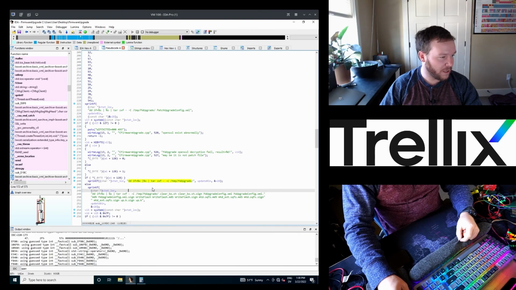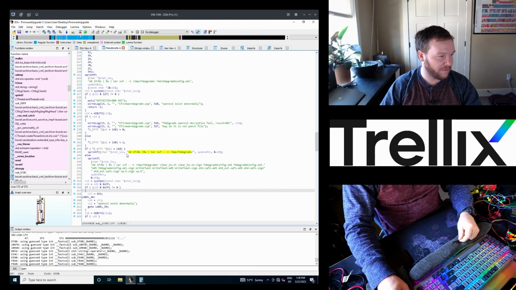So it looks like we need to actually be a patch file. If it's not a patch file or patch upgrade,